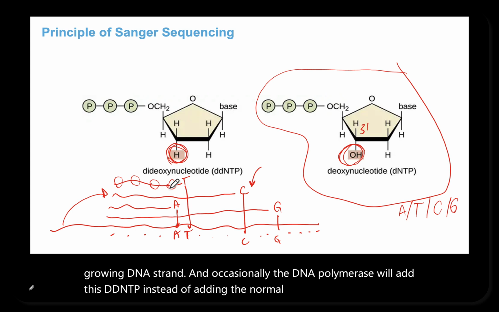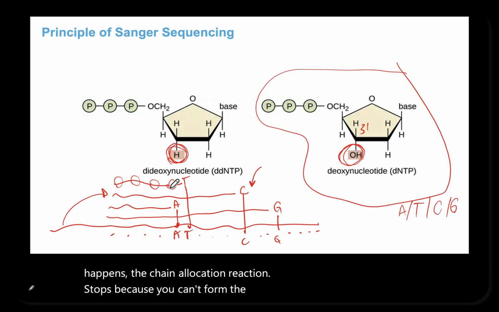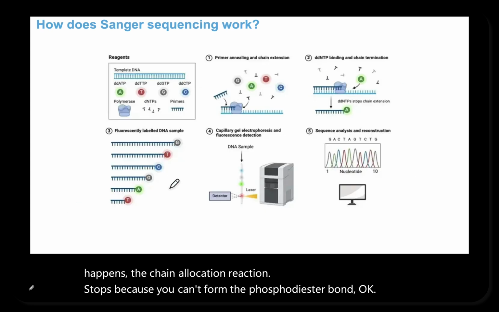When that happens, the chain elongation reaction stops because you can't form the phosphodiester bond. Okay? So let's look at the whole